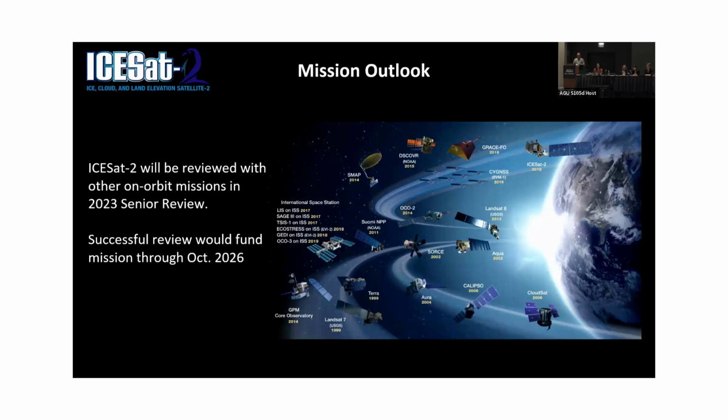Yeah, ICESat-2's been on orbit for just over 4 years, and we're about to go through our first senior review. That's a process that NASA uses to evaluate and then extend missions that are functioning well and people finding value in the data. And it's a 3-year process. So we'll go through our first senior review next spring, which would, if we're successful, carry us through to October